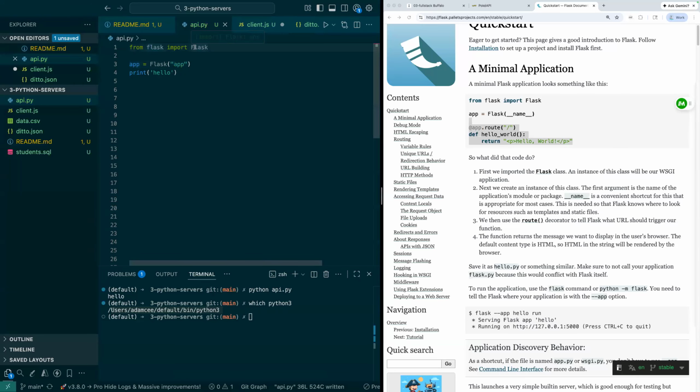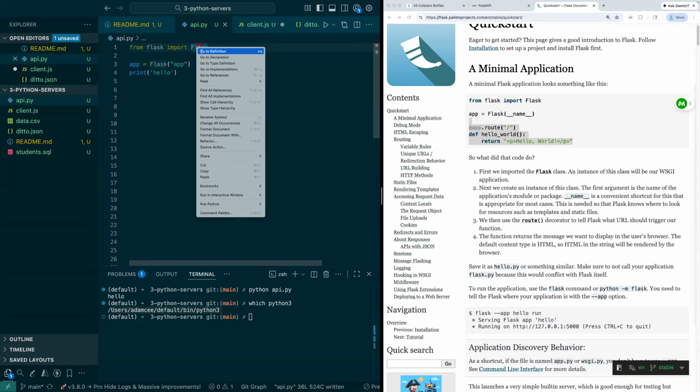So what are we importing from Flask? If I look at this, I see that this starts with a capital F, right? And in Python conventions, that means that this is a class. If I right click here and do go to definition, or you can use the F12 keyboard shortcut,